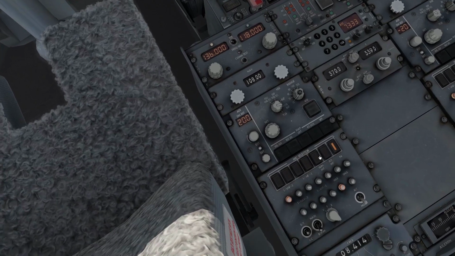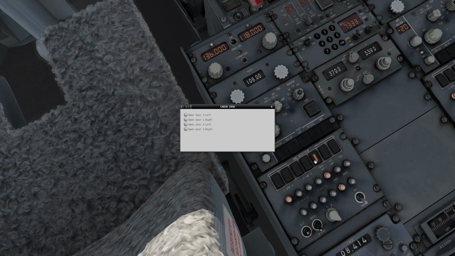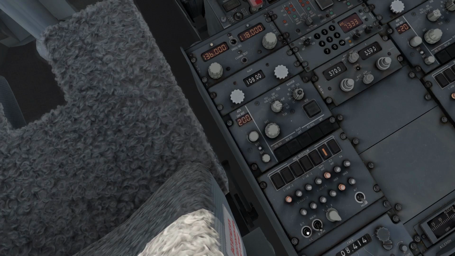go to the flight interphone and then go to service interphone, and then oops, here we go, I can't hear him. There we go. Oh no, sorry, flight interphone it is. So okay, we're adding the doors later on, and then of course you need to hear the guy,